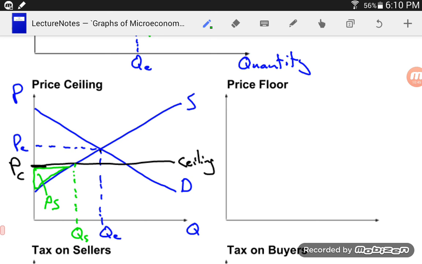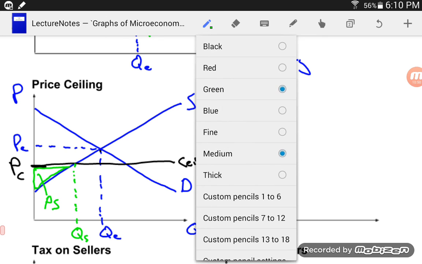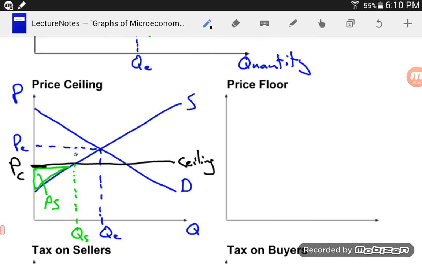Of course, if we're charging that price and only providing that quantity, the price that we could theoretically have charged is all the way up here. In other words, all of these people were willing to pay at least this much, if not more. Well, those people with that price ceiling,